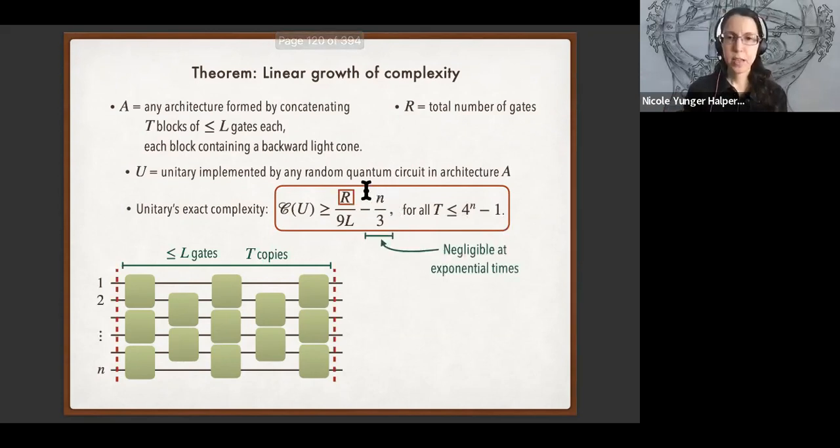There is this term subtracted off, but it's not very important. Again, what's really difficult to prove is a lower bound that's linear that holds for exponentially long times. At times exponential in the system size n, this R is exponential in n, and this term way drowns out this term. So this term is not very important. This is the key part.